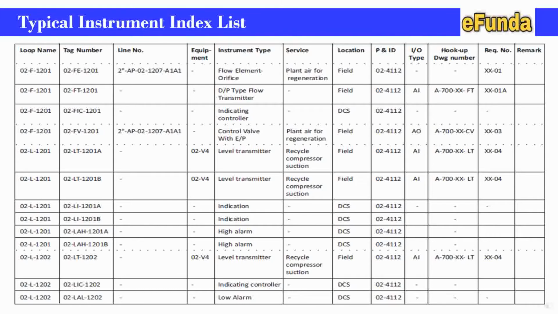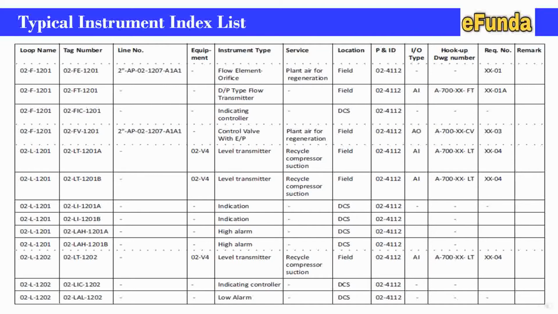The contents of the instrument index are loop number, tag number, line number, equipment, instrument type, service, location, P&ID, I/O type, hookup drawing number, requisition number, and any specific remarks related to this instrument. This is how the instrument index list is prepared with the help of the P&ID, which we received as part of the project scope. Please go through this index and study it carefully.